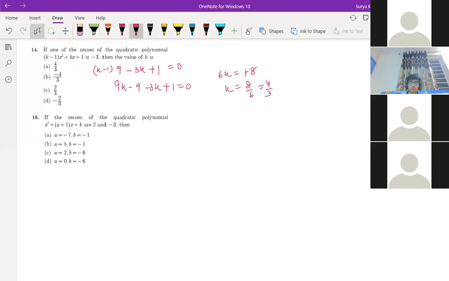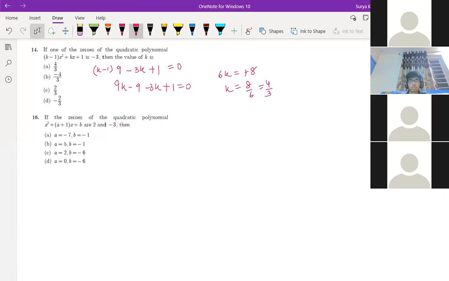It's coming 4 by 3. How did you get 2 by 3, Praharshan? Sir, I got 4 by 9. So I got 2 by 9, you will get. See, I got 8 by 18. Have I made a mistake anywhere or have you made a mistake?